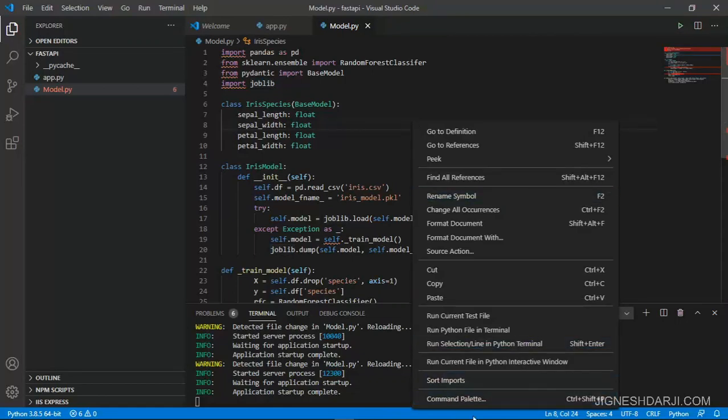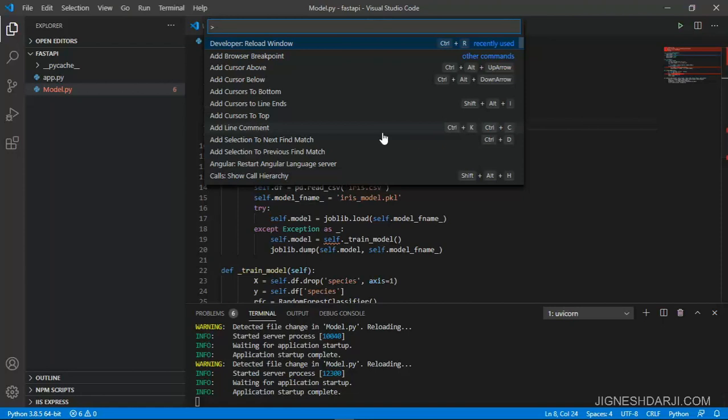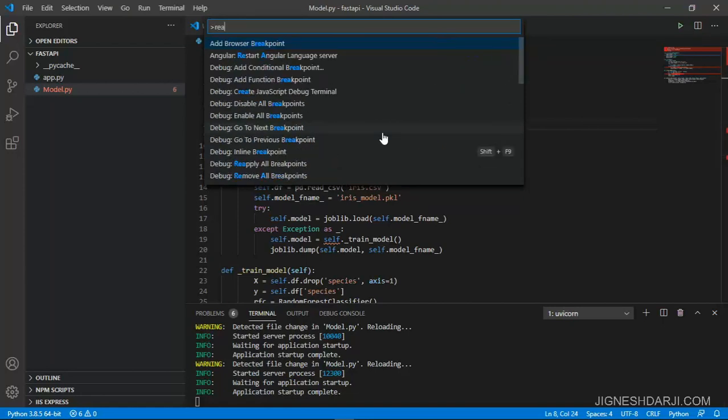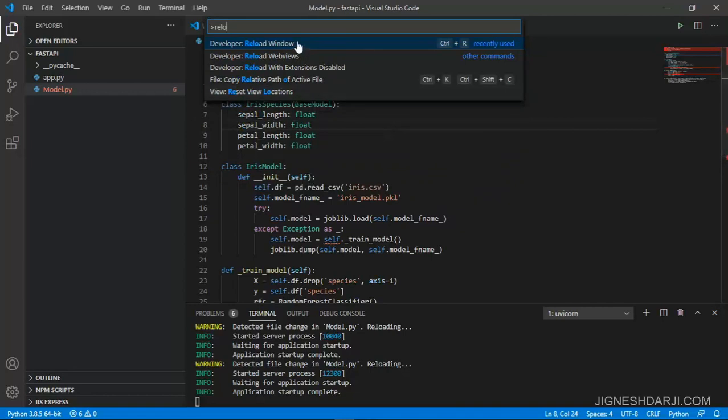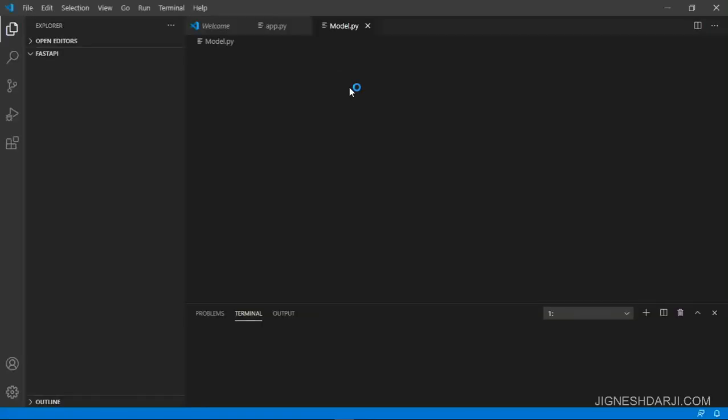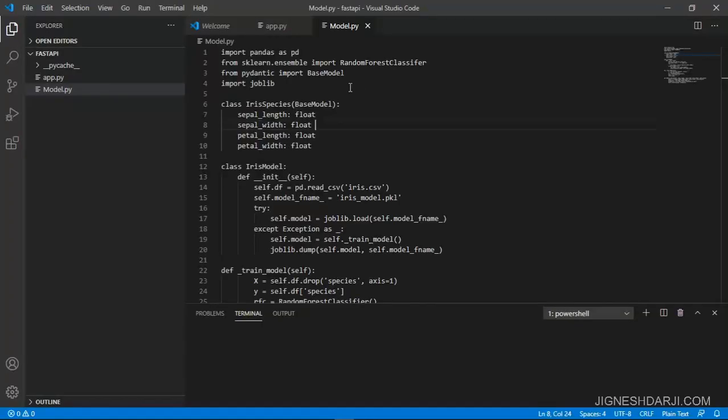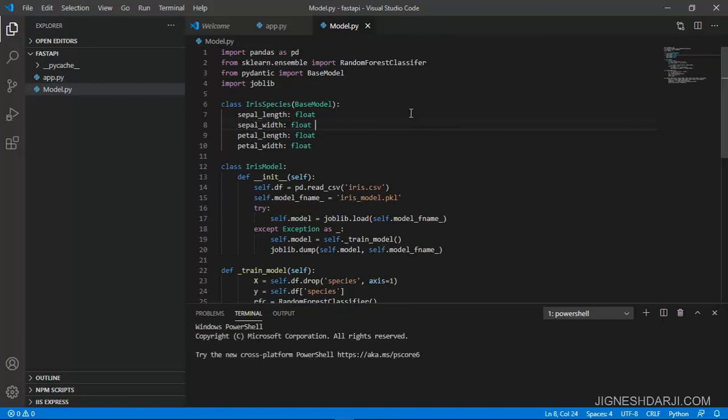So we need to use Control Shift P, then search for Reload Window, and reload this window. Visual Studio Code automatically reloads the window, finds the updated modules in the system, and imports them over here.